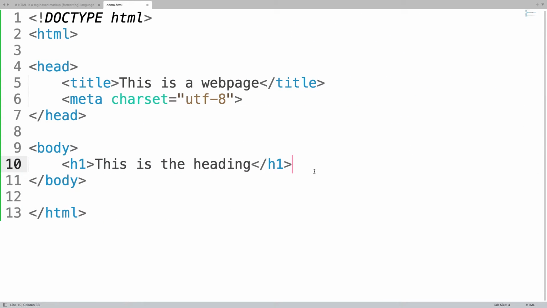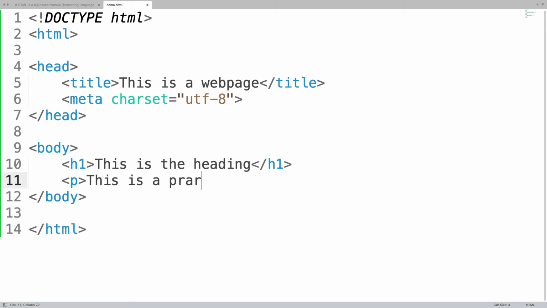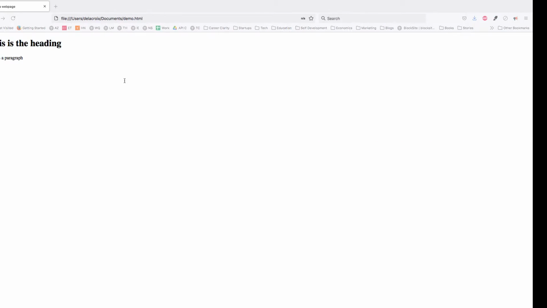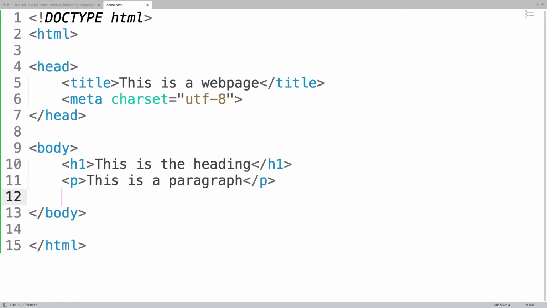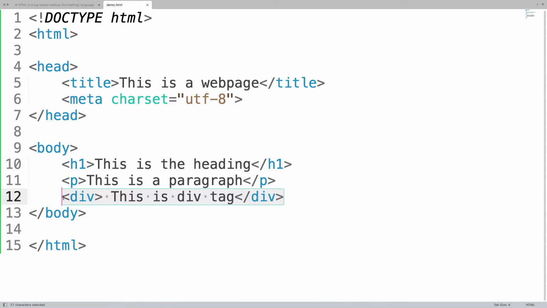Going on, different tags are there. Say you want to have a paragraph, you can say this is a paragraph, and anything you can write in between. I'm just writing different things. You always have to close these tags. I started the paragraph tag, and here I end with a forward slash and close. This is a paragraph. Then you can add another tag. A very important tag is div, which is used to divide the page into different elements so that we can style it. Another one is span.